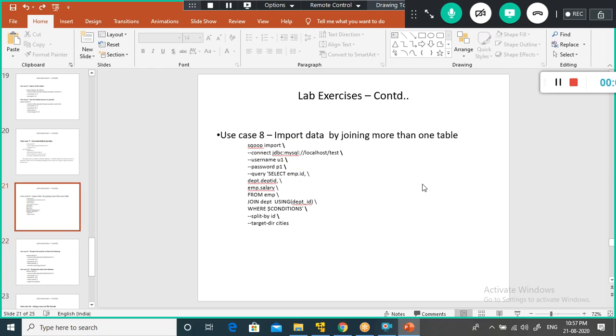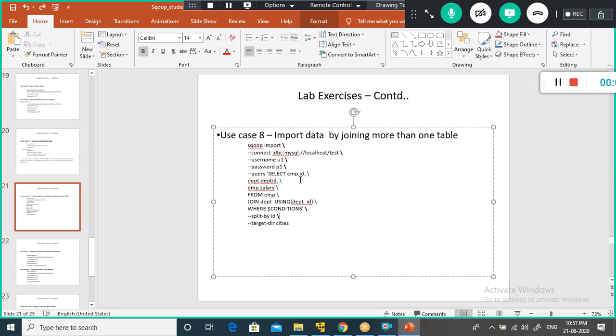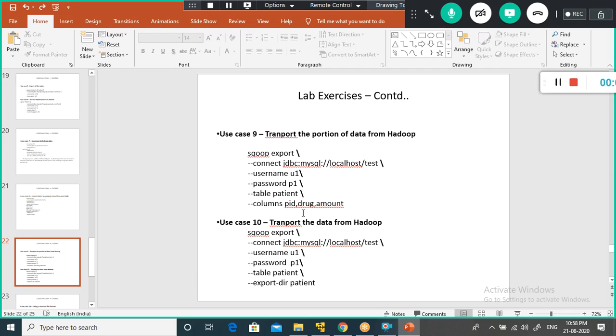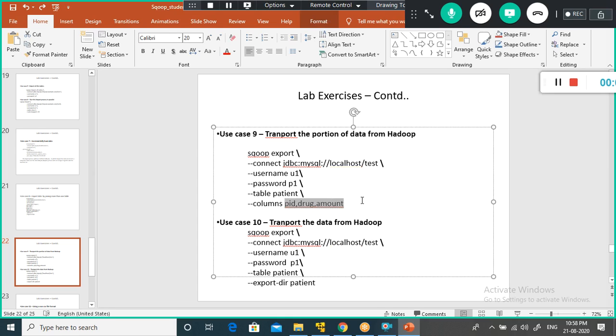You try everything, but in case anything fails, you don't break your head too much, right? Maybe you check the net, whether this version is available, or whether this is supported in the latest version of Sqoop. Okay, and this one, columns, right? Columns transport a portion of data. Again, I want to import the data from this table for this column only, right?